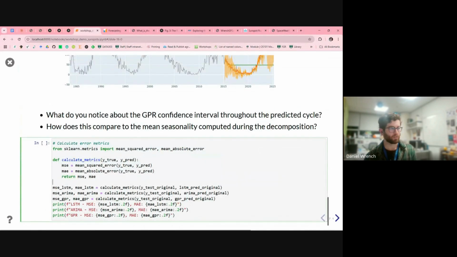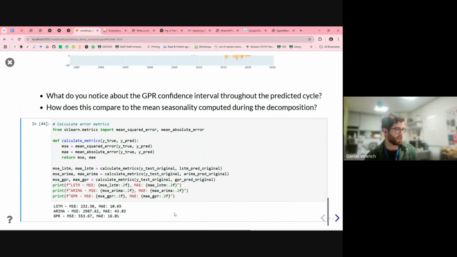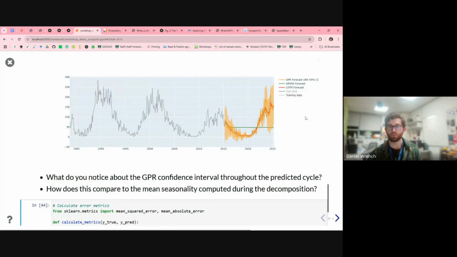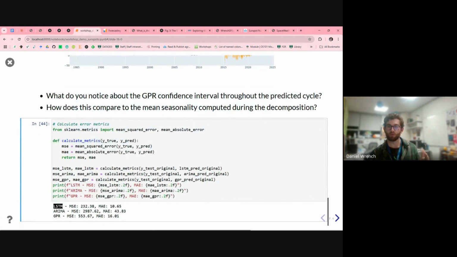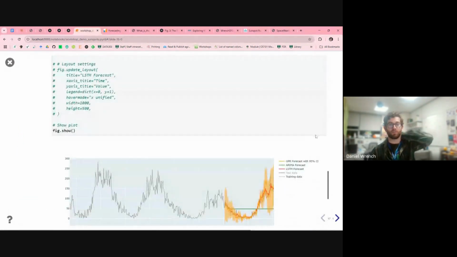And of course, we want to put some numbers on those predictions. And we can use a couple of different metrics. In both cases, the recurrent neural network comes out on top, with the lowest error. Is that enough of a gain over the uncertainty you get with the Gaussian process? I'd probably say no, but if you're purely interested in forecasting accuracy, then it seems as if that's the way to go.